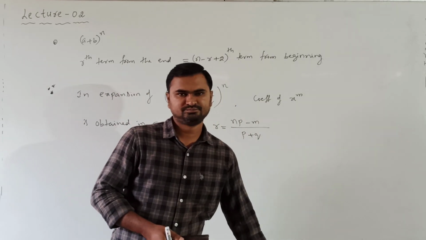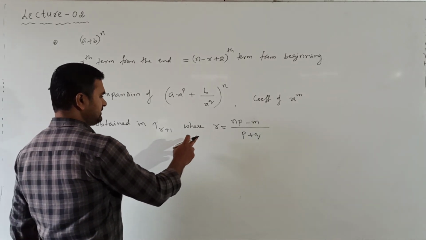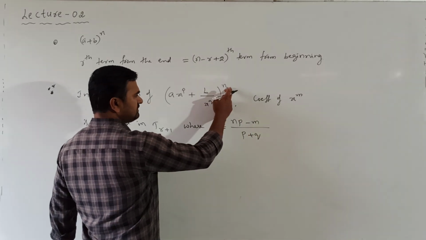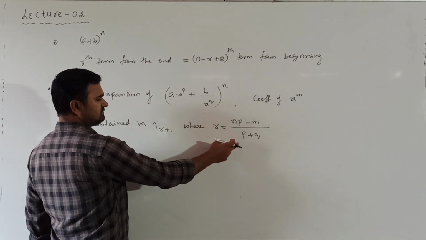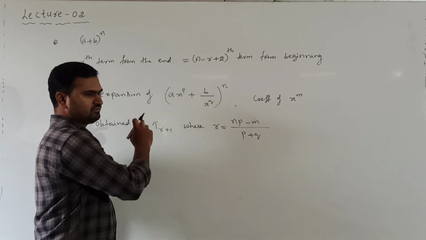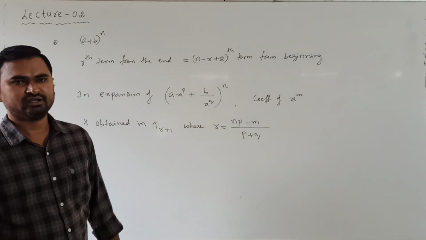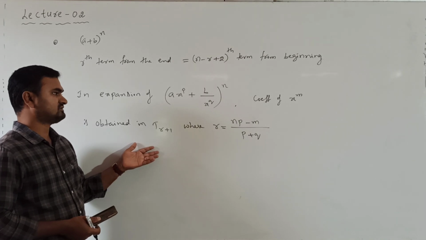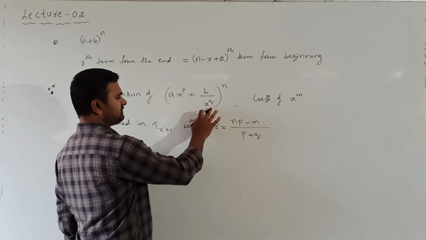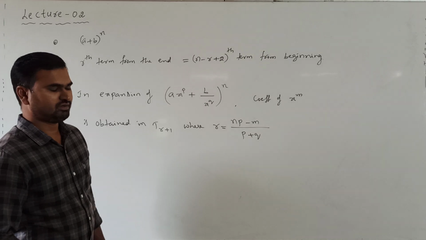If you want to find the x^5 coefficient, now we don't know in which term we get x^5. So for finding in which term we get x^5, we will be using this formula. For x^5, m is 5, n is known, p and q are known. So substitute in this and find the r value. Once we know r, we know the required term. Once we know the required term, by using the general term, we can find that term. So this is the method of solving, and this formula will be used only when the expansion is in this form: (a x^p + b / x^q) whole to the power of n.